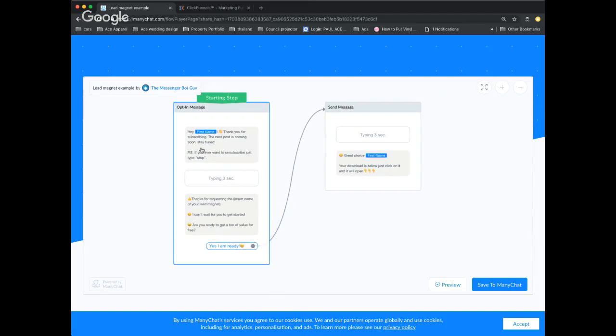Okay, so this page is basically, I have shared a bot with you. I've created the bot for you already. All you need to do is fill in a couple of blanks and you'll be ready to rock and roll. It's going to make it really easy for you. And you'll see on here, there's a button that says save to ManyChat. And we're going to click save to ManyChat. And when we do,